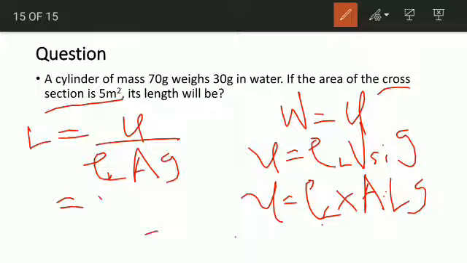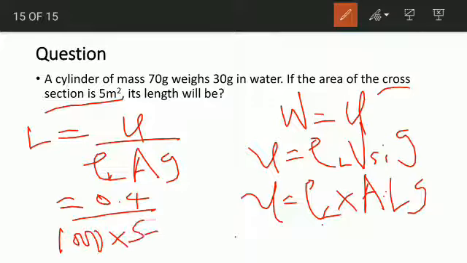So the upthrust we just got is 0.4 divided by the density of the liquid, which is 1000. The cross-sectional area is 5. Acceleration due to gravity is 10. Okay, so that will give us the answer that we are looking